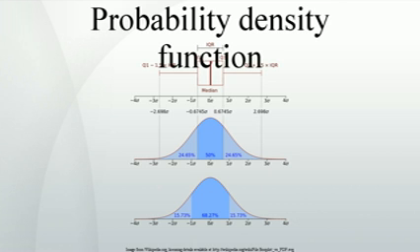Marginal densities. For i equals 1, 2, ..., n, let f_xi be the probability density function associated with variable xi alone. This is called the marginal density function, and can be deduced from the probability density associated with the random variables x1, ..., xn by integrating on all values of the n-1 other variables. Independence.